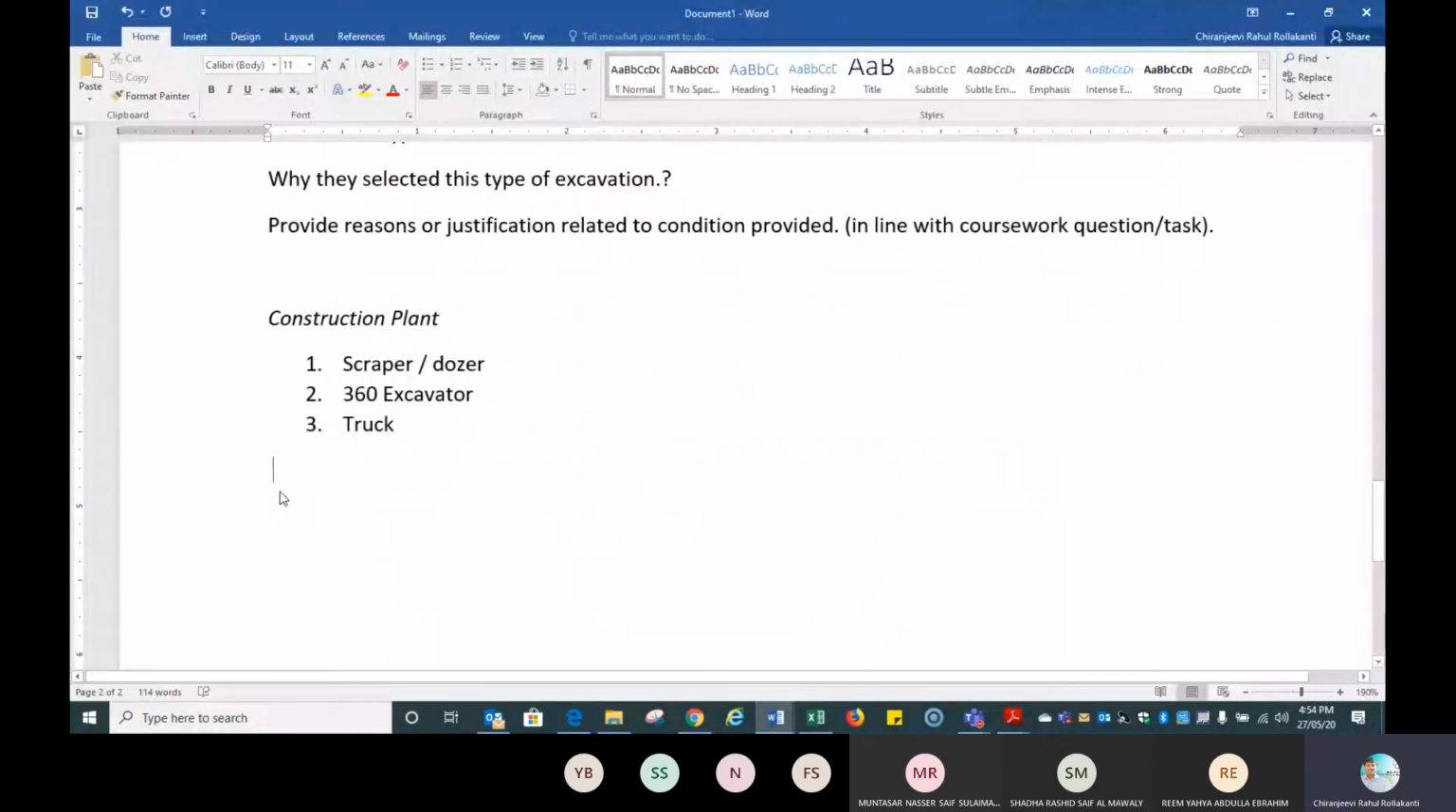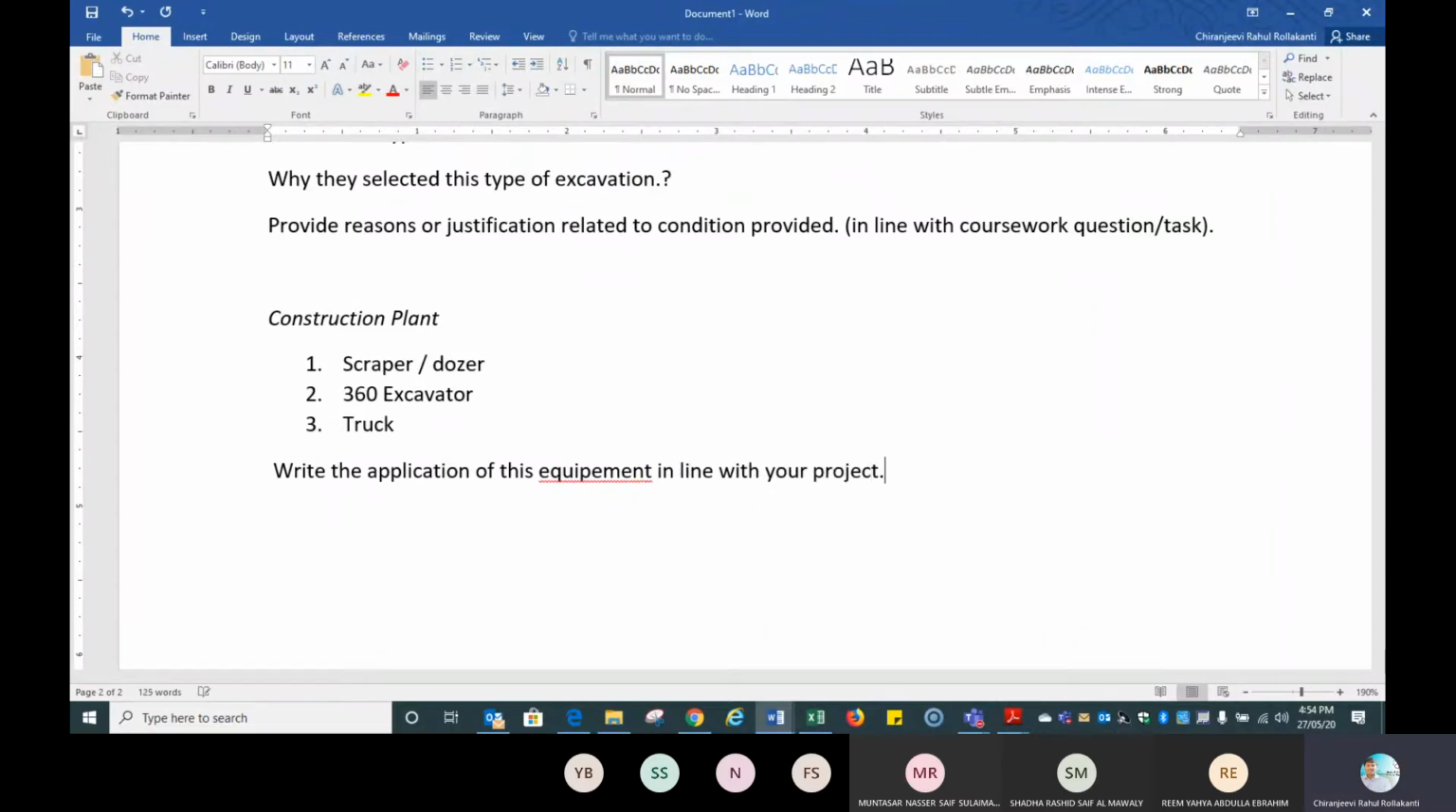Again, they are writing in paragraphs and explaining what a scraper is and all. No. Simply write the application of this equipment in line with your project. For your G+3 building, what is this equipment going to do? For what purpose are you going to